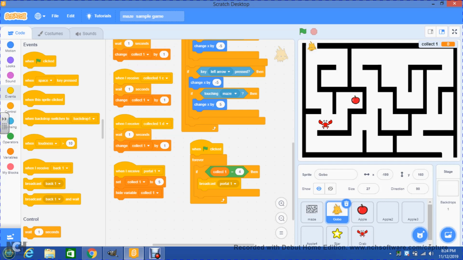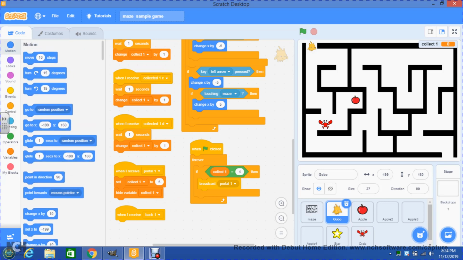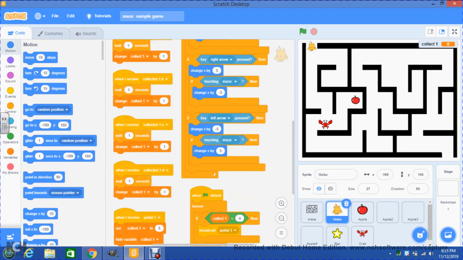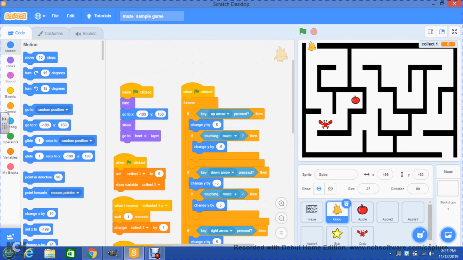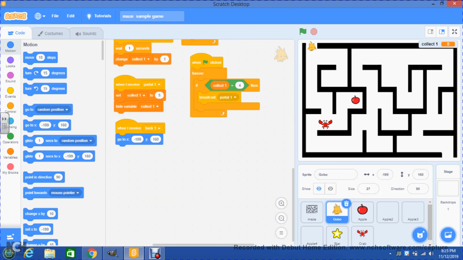Now I go to Gobo. In the script I will add that whenever I receive back 1, Gobo will go to the same coordinates where he is at when he begins the game. I make sure that those coordinates are the same. It says negative 199 and 160. So now when I start the game, if Gobo is not careful and he touches the